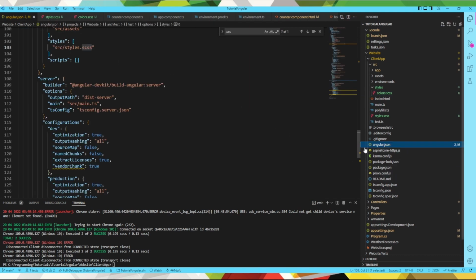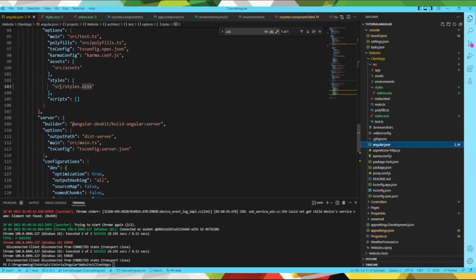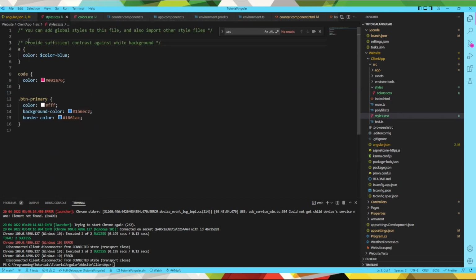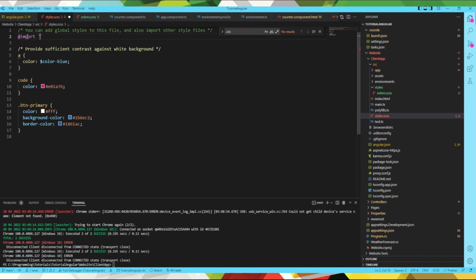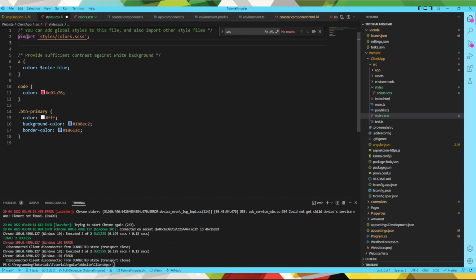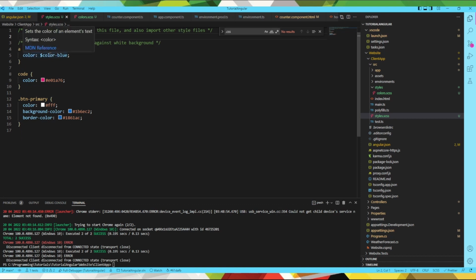And we don't want to go into our angular.json and just keep adding our own styles in here. It's going to get messy. We'll forget things. What we want to do is just come over here into the styles.css, and we'll do an import, and we're going to import styles/colors.scss. So if we were to do that, you can now see that we're not getting any sort of complaints about the color blue. It knows that it exists from the import. If I remove it,